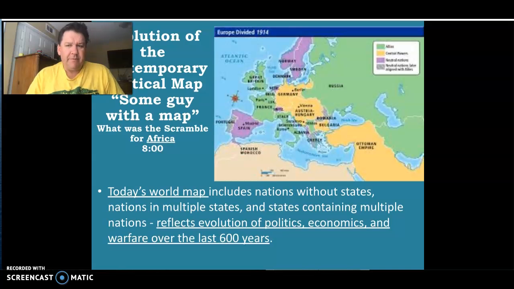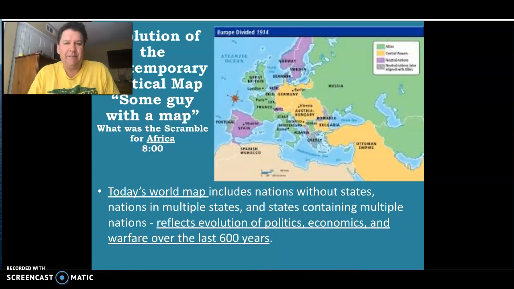The reading, I think, is straightforward. It's a very important part of the chapter that you guys understand. The big picture: we've talked now about people, now we're talking about borders. I always try to remind myself that it's just, as I put there in a quote, some guy with a map. It's some guy drawing a line.